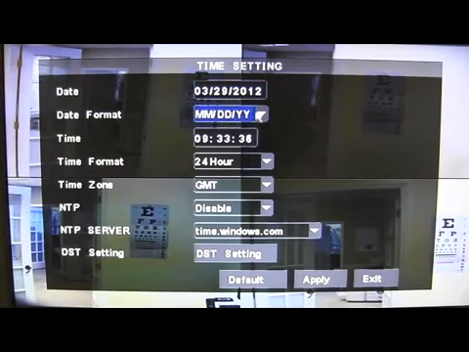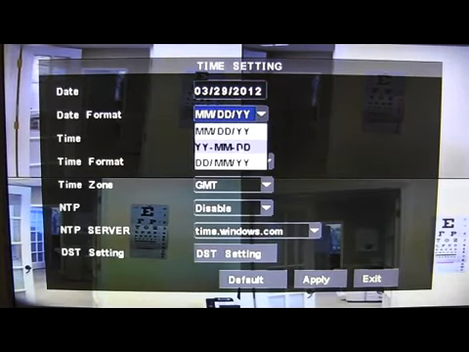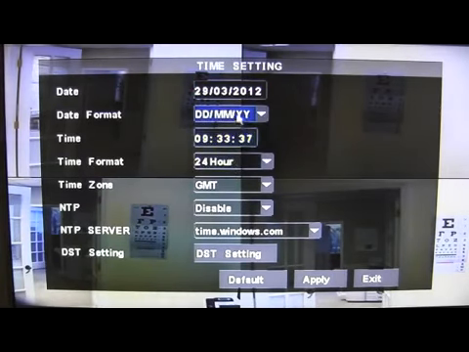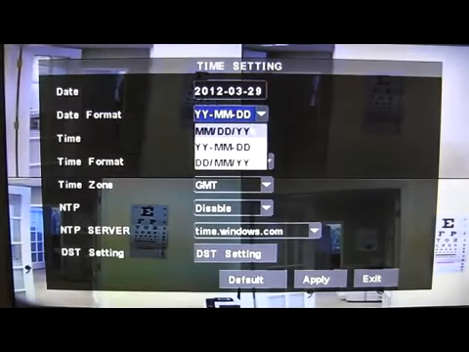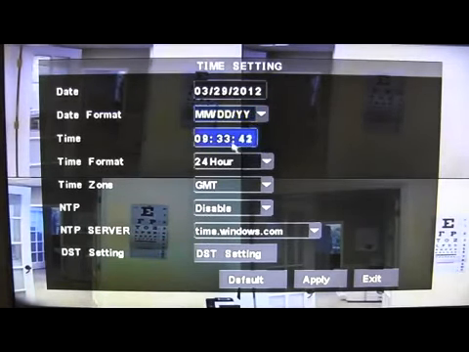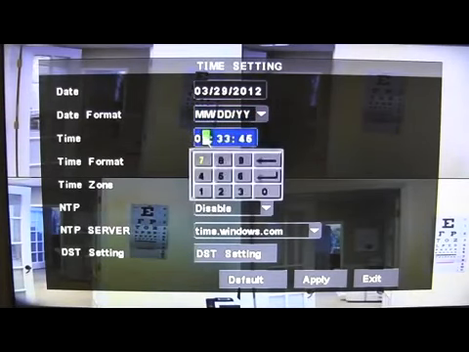The date format can change from month, day, year, which it's defaulted to year, month, day, or day, month, year. You can see how it's viewed right here once you change it. We're going to leave it on month, day, year. For the time, it's currently set to military time, so I'm going to change it